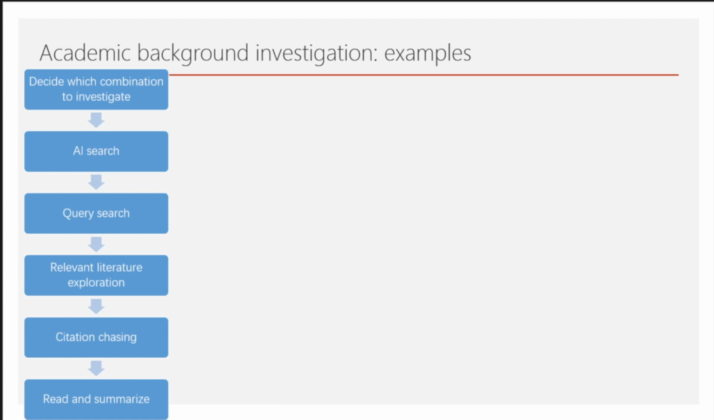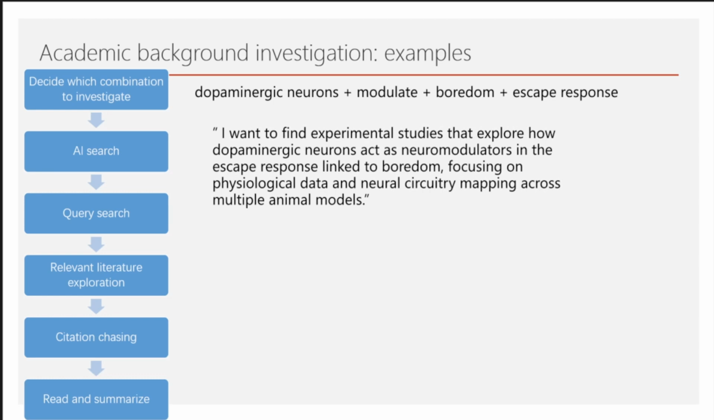The next combination I chose is this, in which I dropped "dorsal raphe". This means I care about the dopaminergic neurons in all kinds of places. The sentence I use in the AI search is: I want to find experimental studies that explore how dopaminergic neurons act as neuromodulators in the escape response linked to boredom, focusing on physiological data and neural circuitry mapping across multiple animal models. And this time, Undermind and SciSpace found the same highly relevant article,